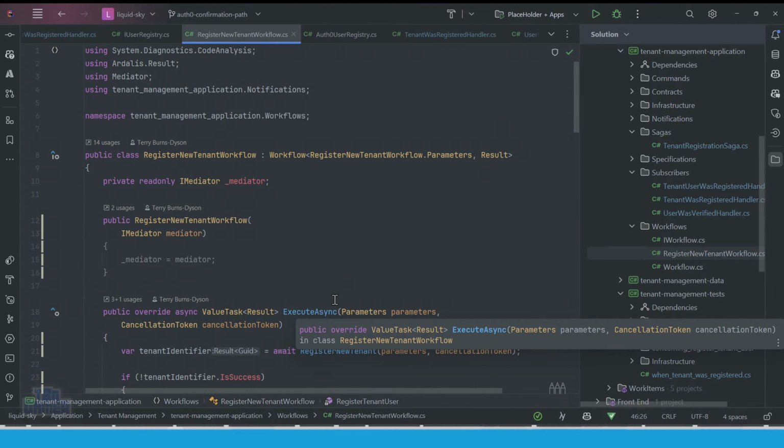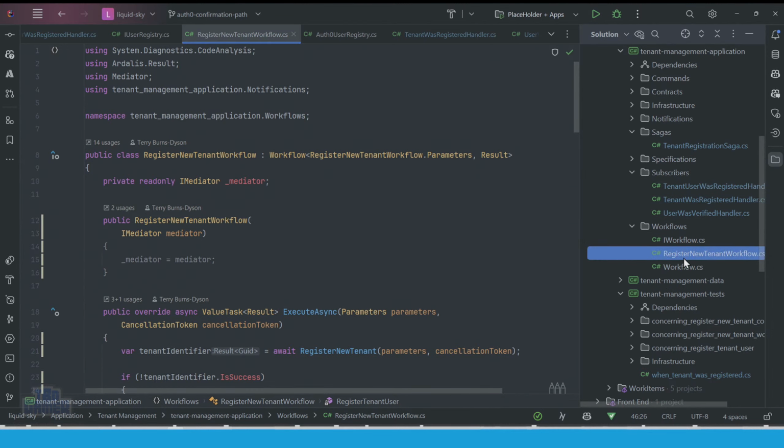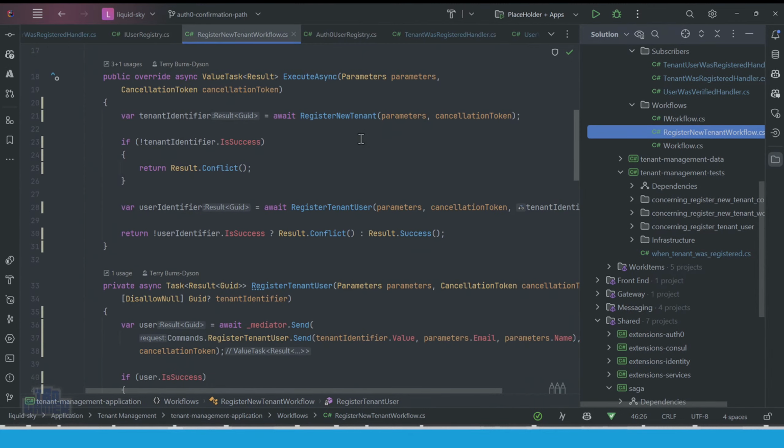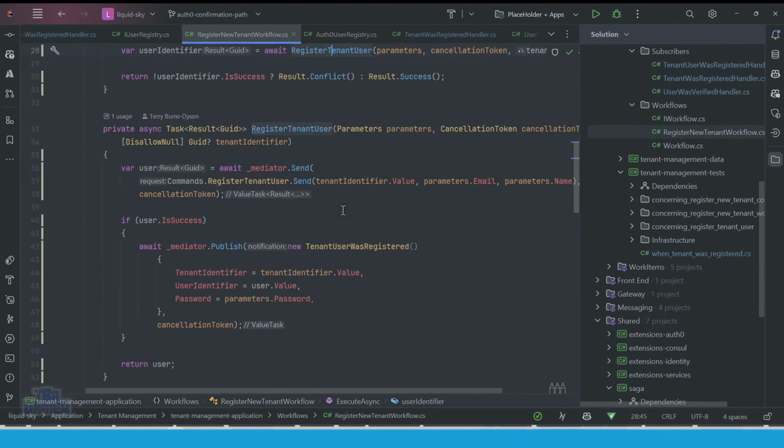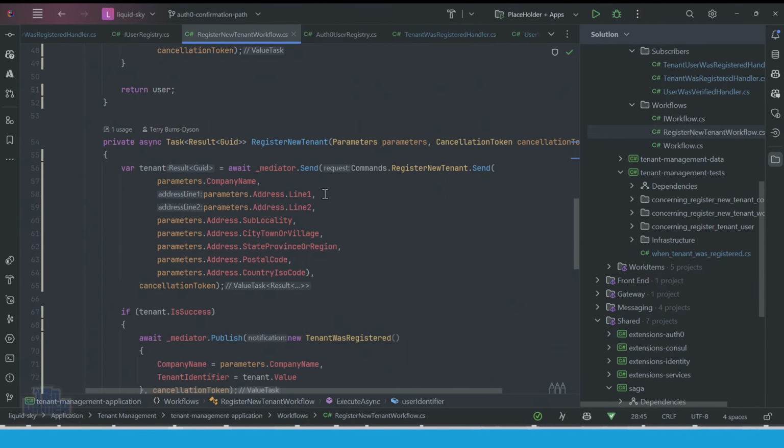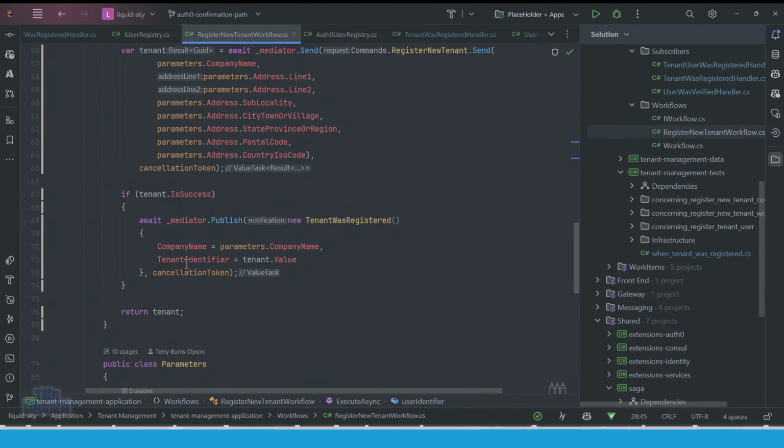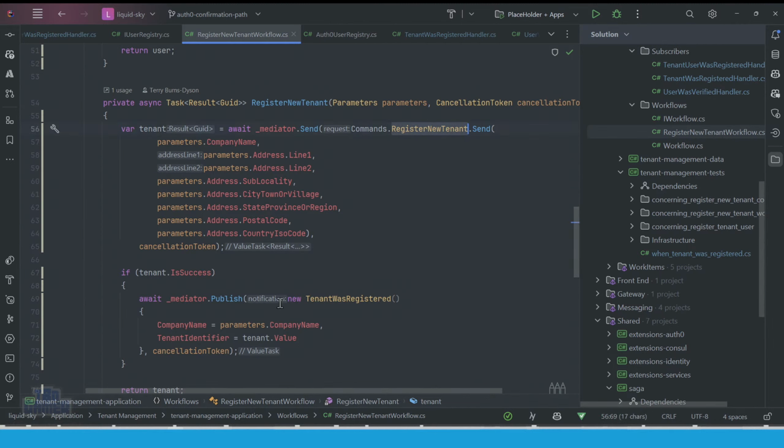Here, this is a simple recreation of the command handler pattern, right? But I've just termed it workflow, the same way I've done with Sagas, because it helps me express that there's more to registering a new tenant than creating a tenant, right? There is register the new tenant and register the tenant user. And in each case, register the tenant is: here, register this tenant, now publish the event, right? Those are two actions that should be performed. But this register new tenant is solely concerned with creating the tenant, and then the event is a separate component of it,